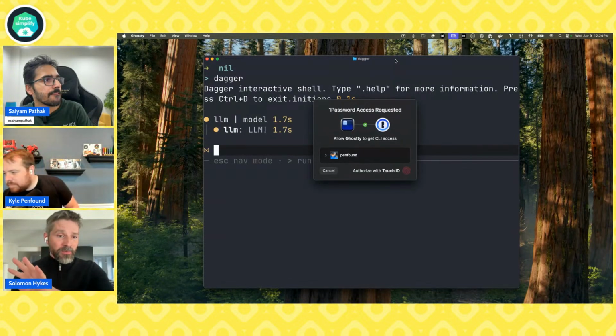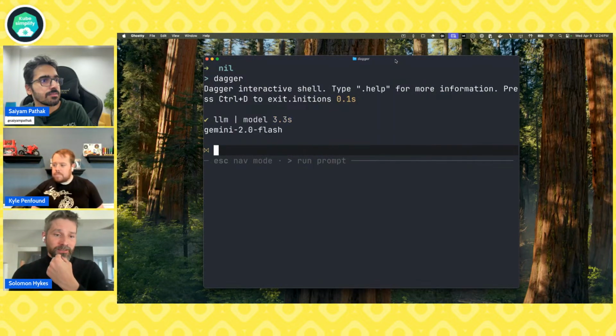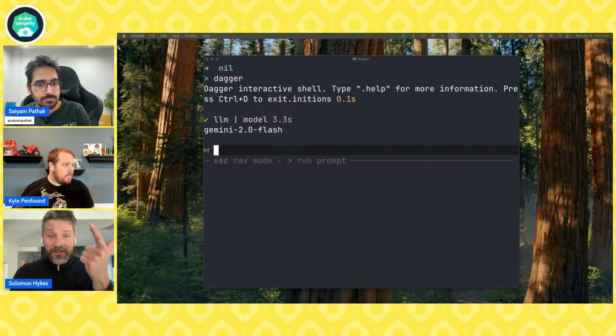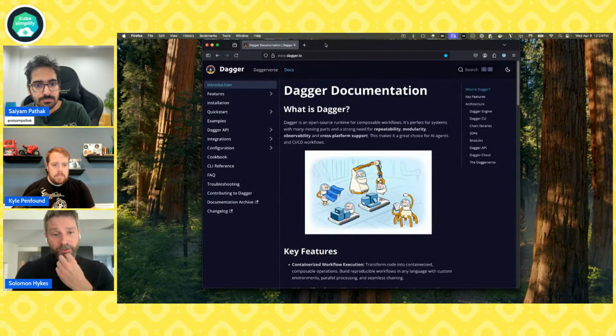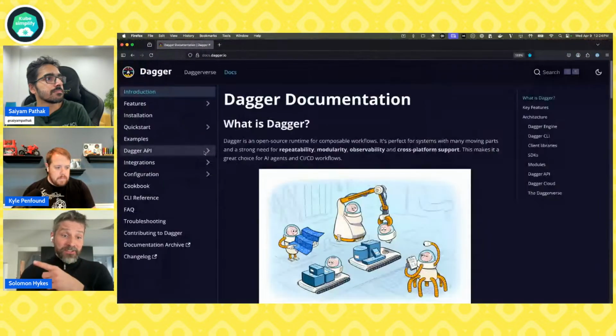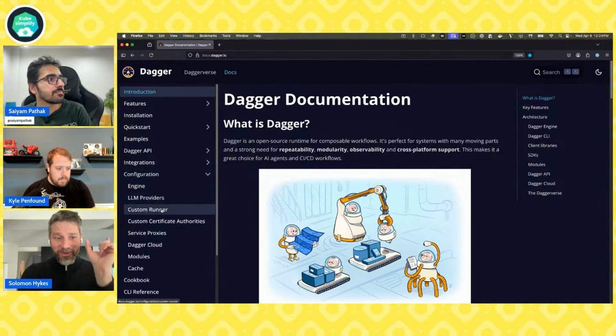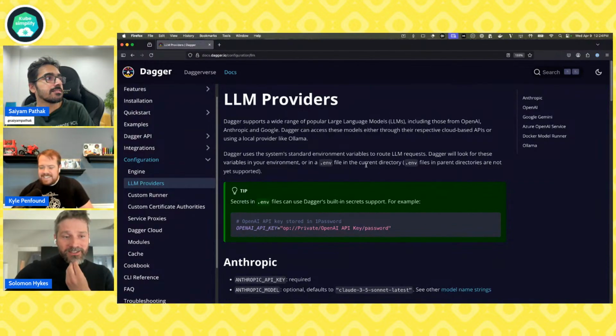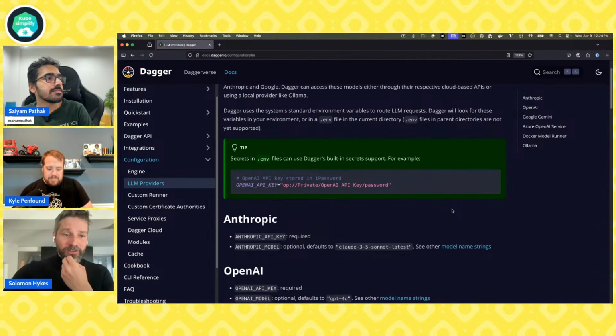If you have Ollama set up, there's a section on that. Or an OpenAI API key, or an Anthropic API key, or a Google Gemini API key. Dagger works with all of those. So if you have an account for any of those, now's the time to go get that API token quickly and set it in your environment while you install the Dagger CLI. I think that's all the dependencies. That's all you need to follow Kyle's workshop.